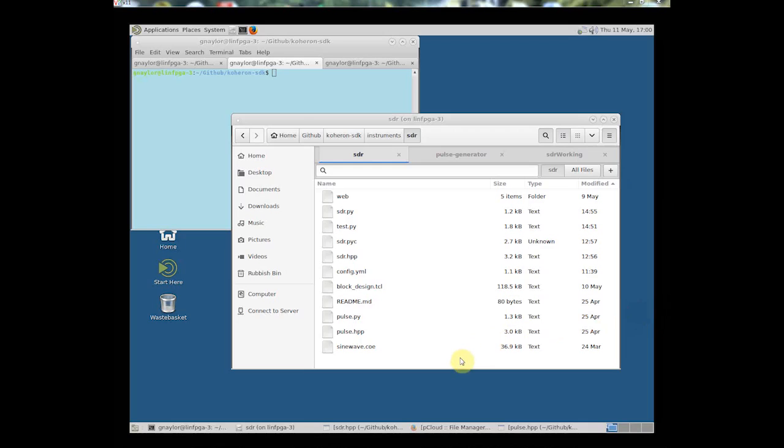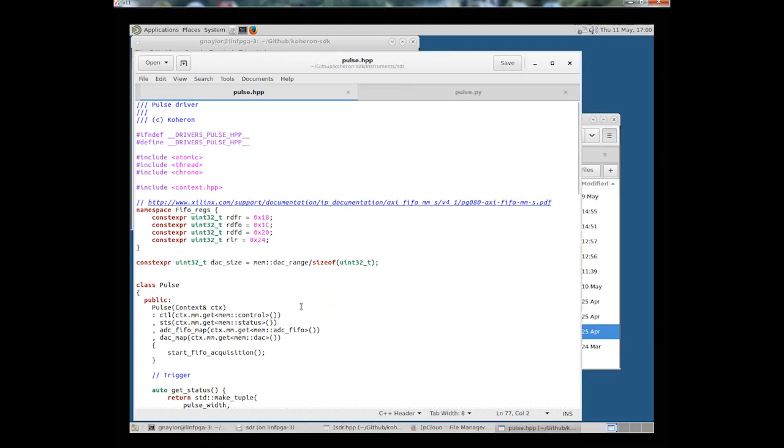Now, before we go ahead and run the makefile in anger, there's just a few more files that it's worth looking at in the SDR instrument directory. We'd copied across this pulse.hpp file, which are the C++ drivers that are going to run on the ARM of the target board, and there's some Python libraries and programs that we're going to use as well. So let's have a look at what we had in the